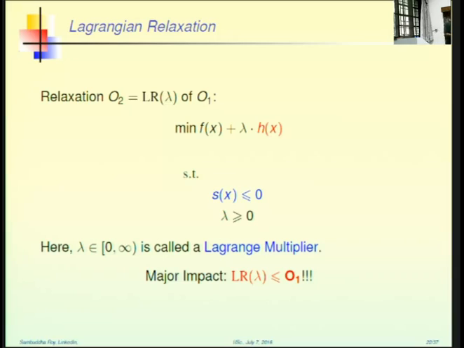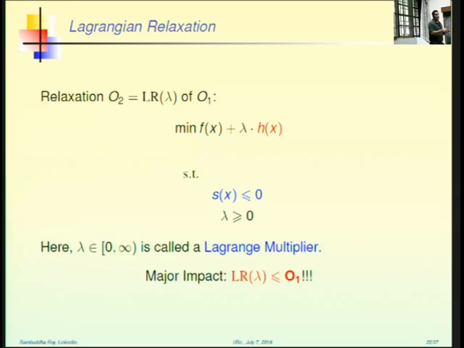And the majorly beautiful thing is, by the way, this lambda is called a Lagrange multiplier. This appears in physics, this appears in childhood math. In class 9-10, we had read about Lagrange multipliers. Okay, so the main point here is,